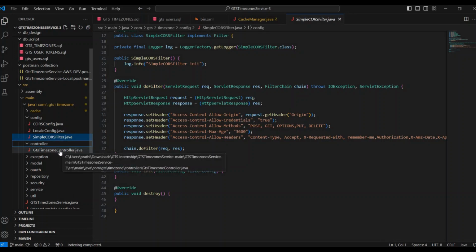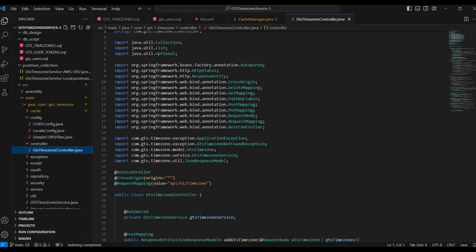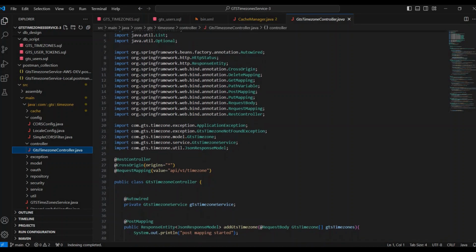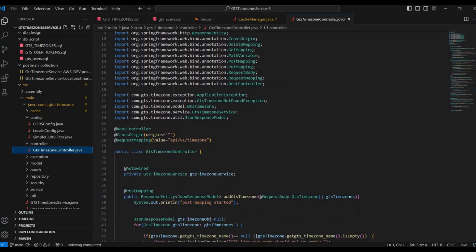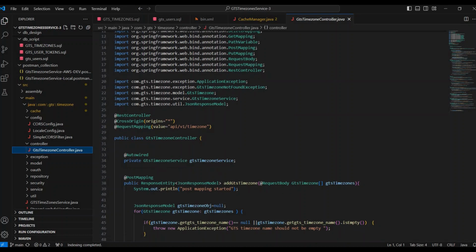The next is the controller. The controller is the GTS time zone controller. Here, first is the package declaration and importing the necessary Java Spring frameworks and exceptions like this. Here we are using the REST controller, cross origin and request mapping annotations. In the request mapping we can set the necessary URL path. Here we can see the time zone path can be set, and REST controller provides